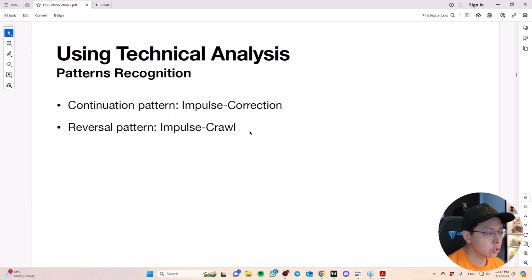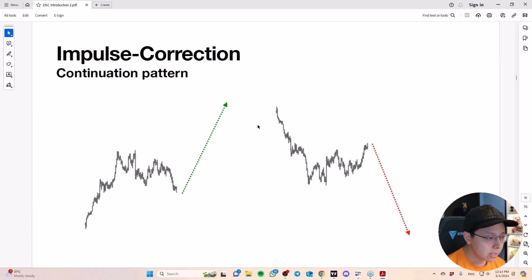I'll also definitely show you an example in the real-life market, because what we have in drawings is very different from real charts. So I'll show you the drawing first, then the example in the market. So this is a continuation pattern. Essentially, we see an up move that is very fast, or a down move that is very fast, followed by a correction, which means the market going into consolidation and it takes some time to develop.